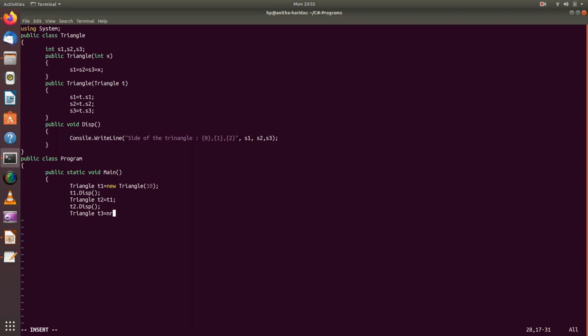I am saying new triangle pass T1, copying T1, and I say T3 dot display. It's fine now. Okay, so let us see what is the output of the program.